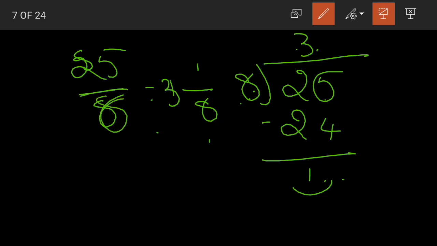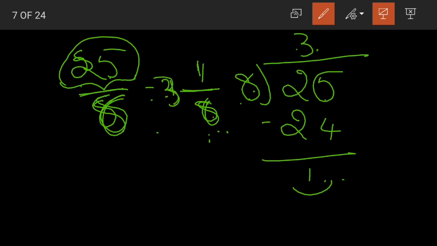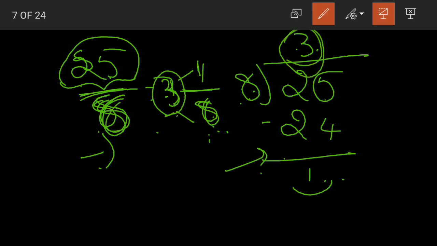See, here we are dividing by 8, so in the mixed number as well we will have 8 as the denominator. The only thing that changes here is the numerator 25. We wrote it as 3 and 1 here. 8 3s are 24 plus 1 is 25. Yes, students, how did we convert the mixed number into an improper fraction? The denominator is the same, 8 is 8 only. The quotient is 3, right? The quotient we have written as the whole number part and the remainder is our numerator.